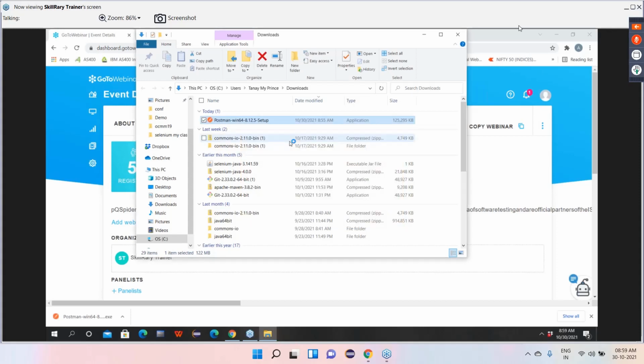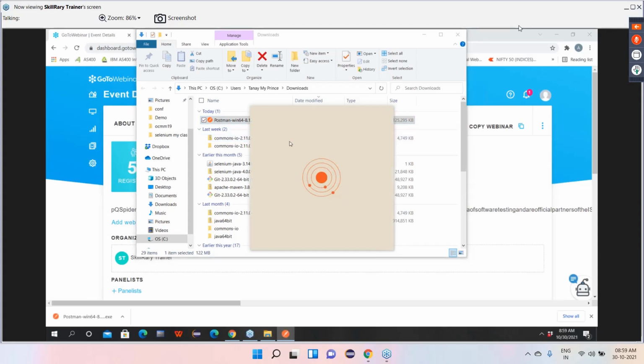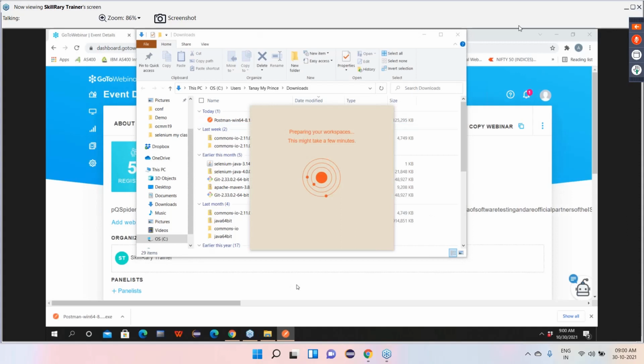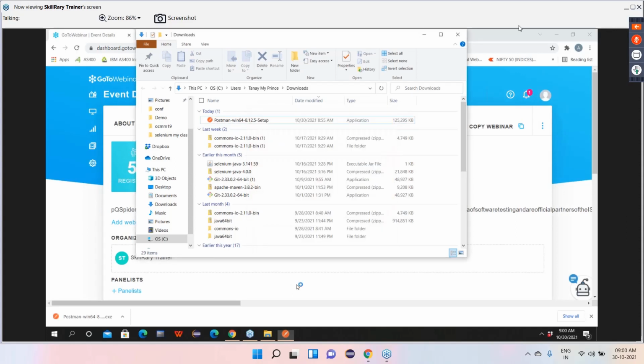It is saying installing Postman. It looks something like photon, neutron, electron. Guys, let it run.